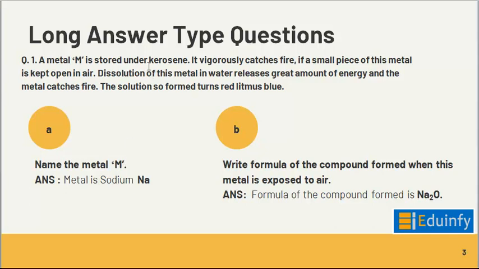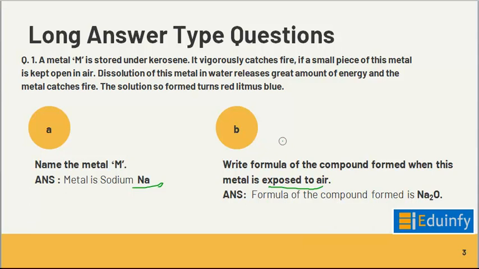This metal is stored under kerosene. ये metal kerosene के अंदर store किया जाता है because it is very reactive metal. So alkali metals जो होते हैं बहुत reactive होते हैं. So first is the sodium. This sodium is very reactive, and this metal M, that is sodium, when it is kept open in air, when the sodium metal is exposed to air, means sodium metal reacts with oxygen, so it